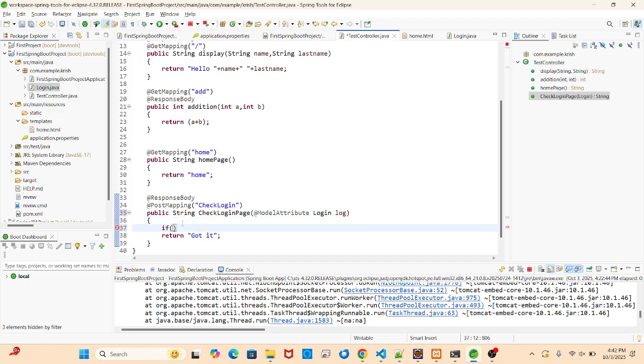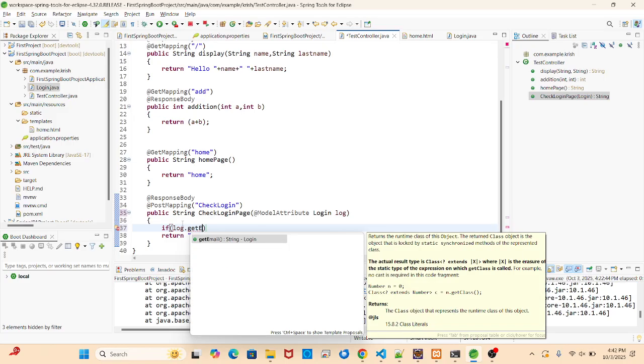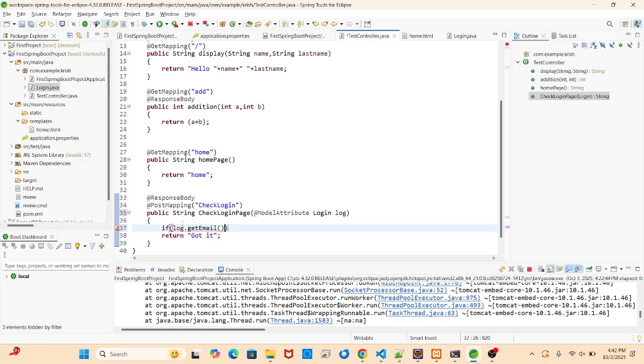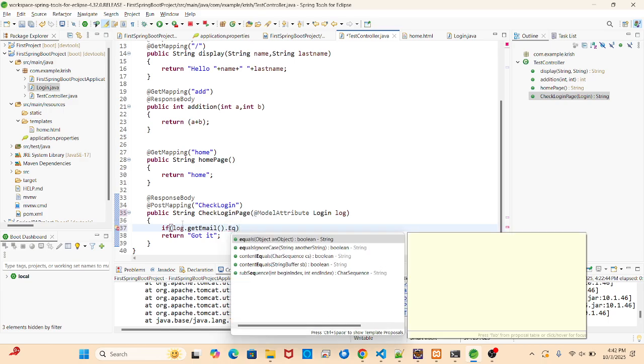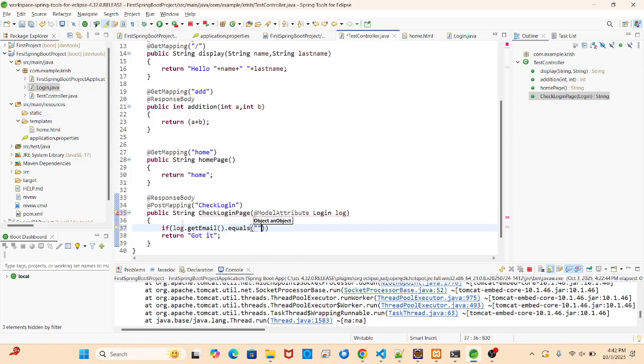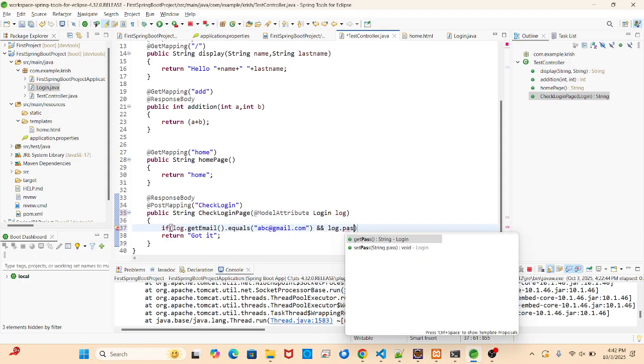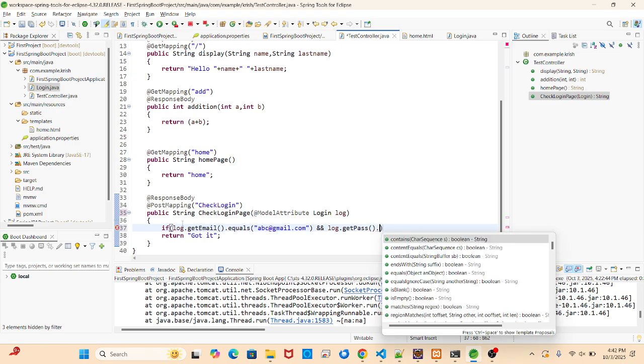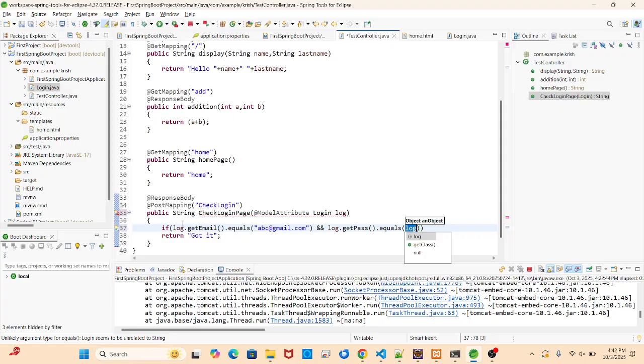What condition will we check? log.getEmail, it's a getter property, dot equals, let's say I want ABC at, and log.getPass dot equals 123.